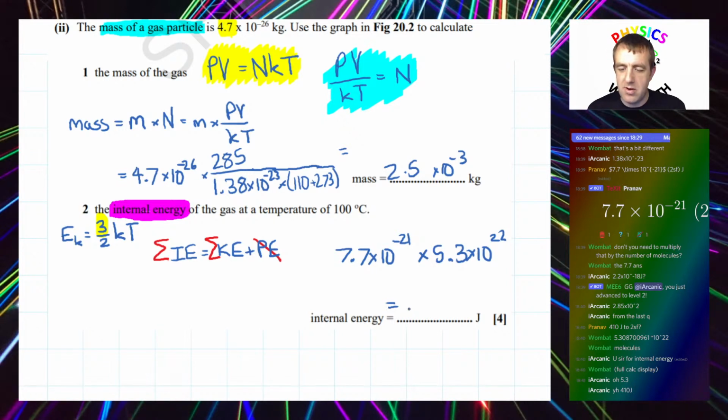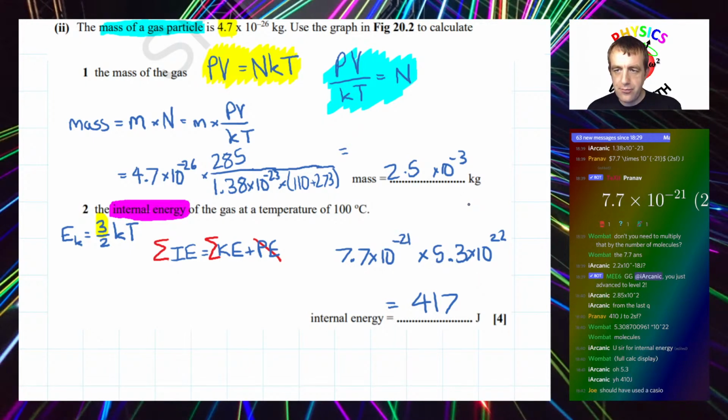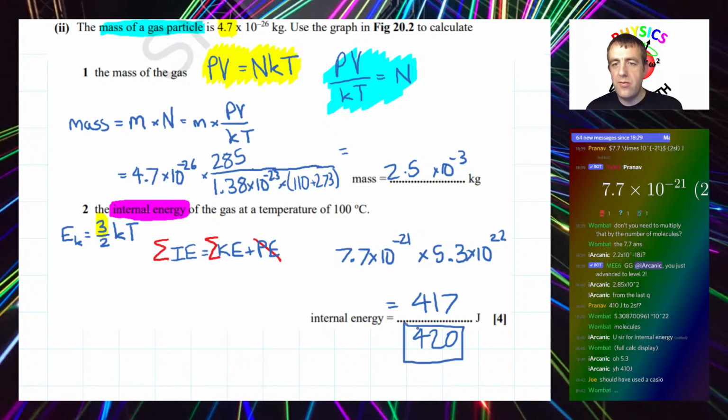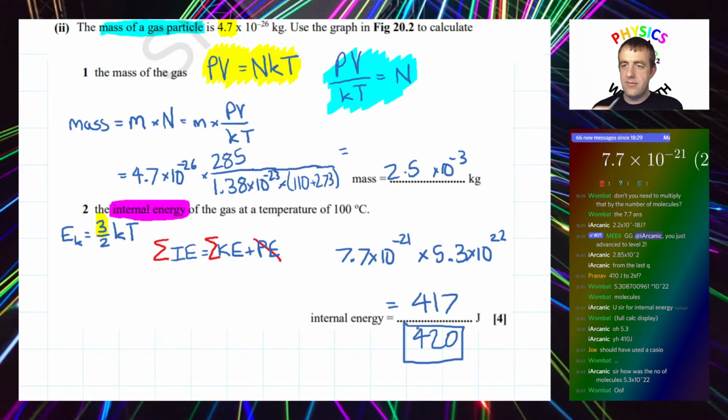That's okay. These things happen. You had me worried for a minute. Right, so 417. We wouldn't write 417. We'd round it. We wouldn't round it to 410. Oh, you're so funny. So what I did there is I just typed into my calculator this part here. That's the number of molecules.